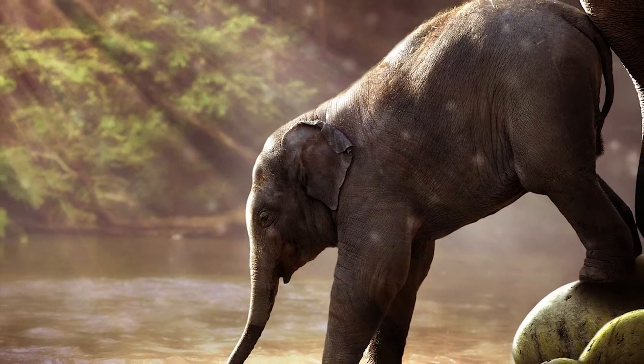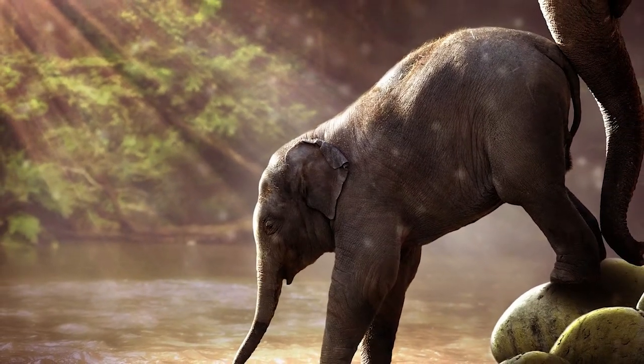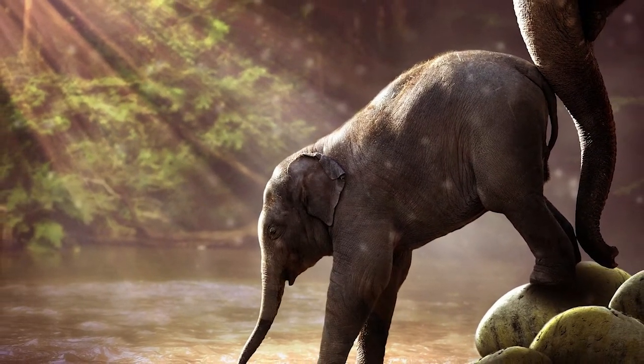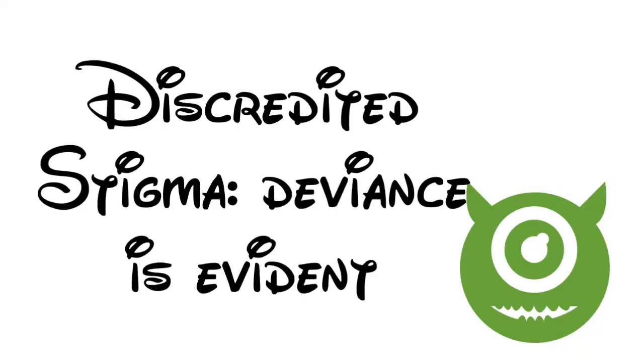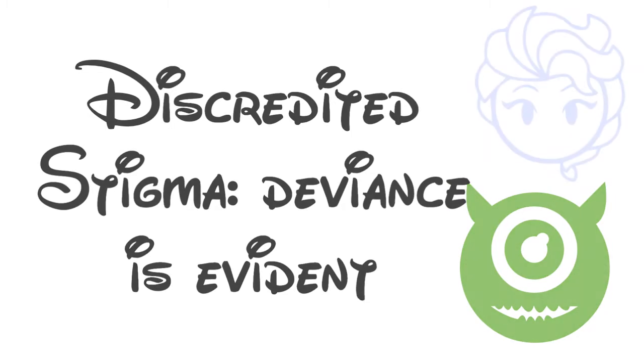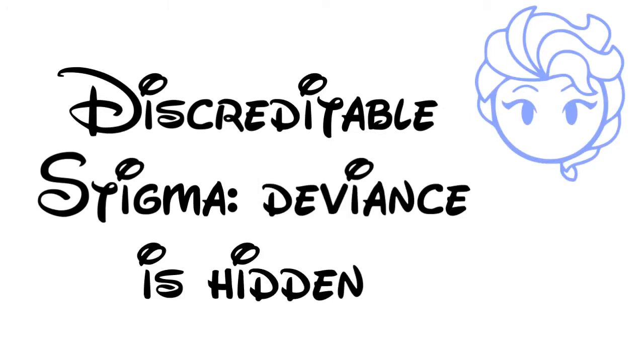And Goffman argues that stigma can be visible or it can be hidden. When the deviance is evident, and this usually means that it's visible, that is a discredited stigma. On the other hand, the deviance could be hidden. Goffman called this a discreditable stigma. In the case of Dumbo, his stigma is initially discreditable. It's hidden. His ears are hidden behind his back. But once he trips over his ears and they pop out, he becomes discredited.